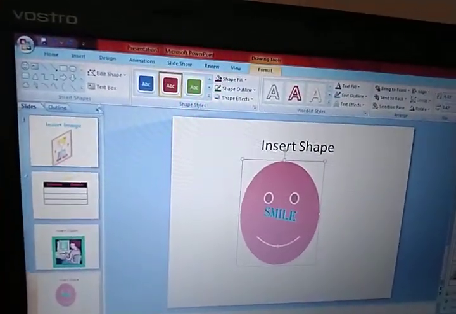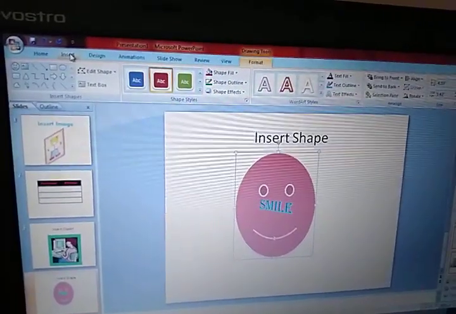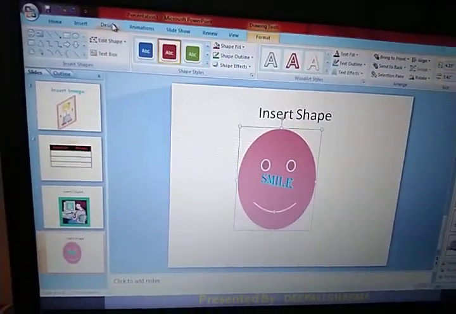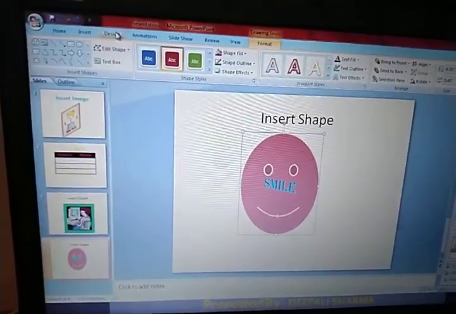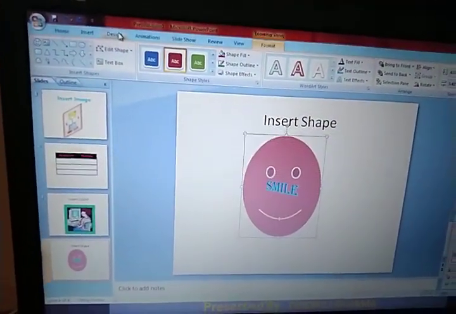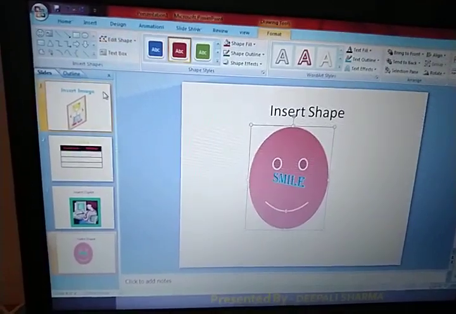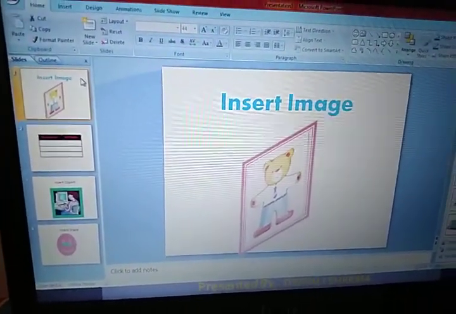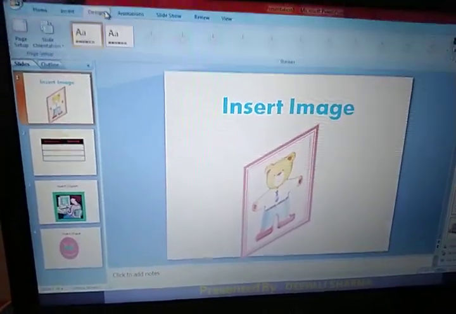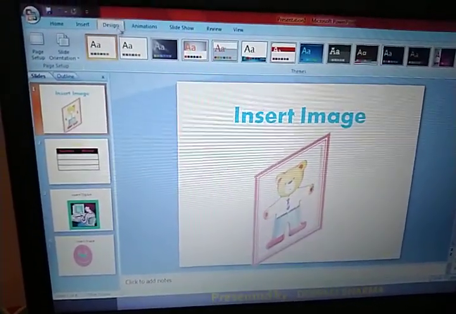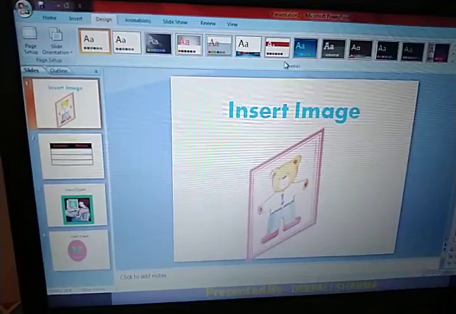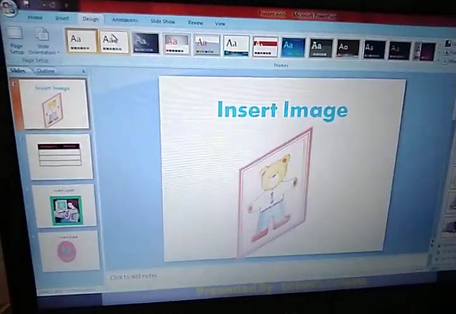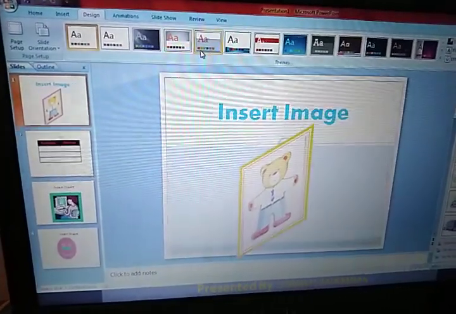Now next thing which I want to tell you, that is a more important thing which some of the students might be looking for: how to change the style of your slides. Fine. Like right now it is white, so some of you might not like the simple things. So click on the Design tab. From the Design tab, the Themes option will appear in front of your screen. So from these themes you can select different themes for your slide.